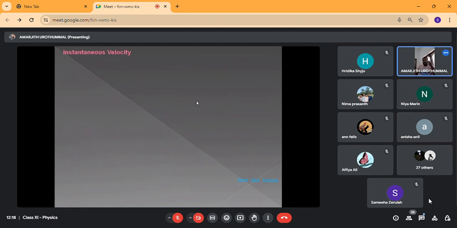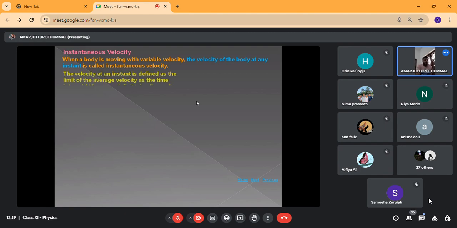Now, the instantaneous velocity. As we already told about instantaneous speed, we have instantaneous velocity also. Instantaneous velocity means the velocity at a particular instant of time. As I told, we are moving from Kasaragod to Calicut. When we reach Kannur, what is the speed or the velocity? Now see the mathematical representation. Can anyone read that? V equal to